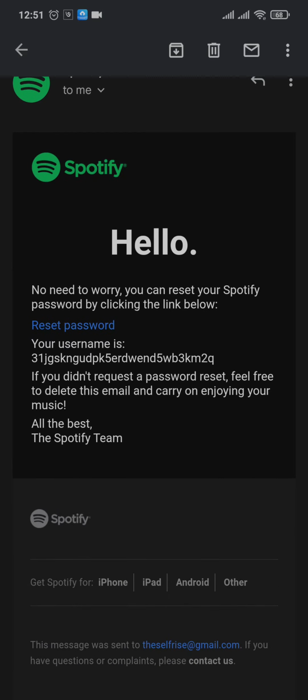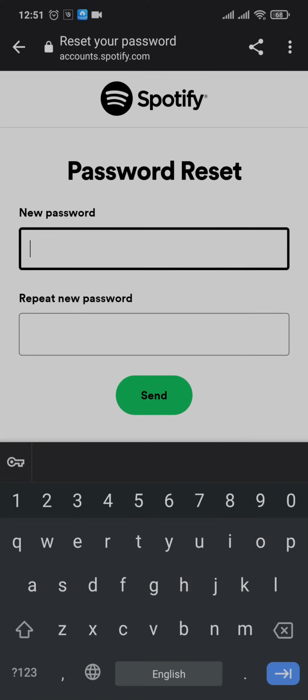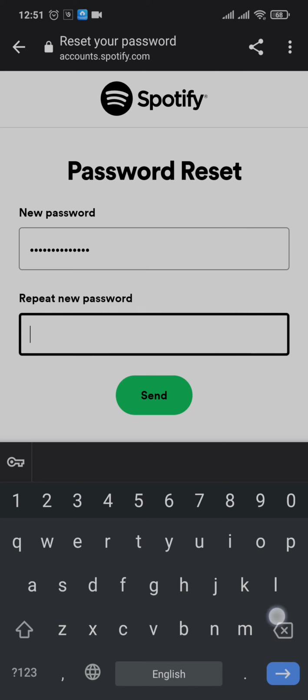Here you just need to tap on reset password, and through this section now you can create a new password. So type in the new password that you want. Make sure your password is at least 8 characters long, and in the second box again repeat it. Make sure that both of these passwords match, and then when you're done, just tap on send and your password